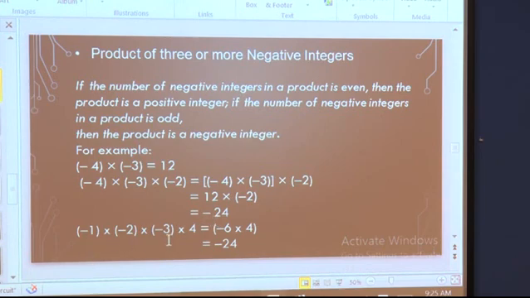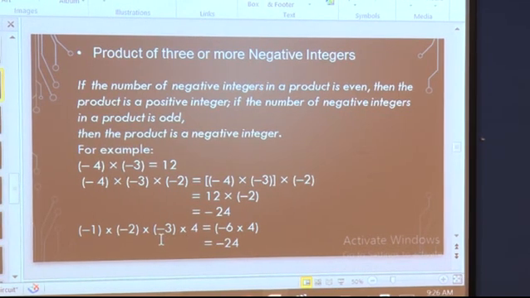Here we will have one more example. Here we have 1, 2 and 3 as negative integers, which are multiplied by a whole number. So I have taken -1 multiplied by -2 multiplied by -3 multiplied by the whole number 4. What do I have to do? Very easy. Yes, you are correct. Here we have to multiply. 2 1s are 2 and 2 multiplied by 3 is 6. Here it is odd times, 1, 2 and 3. So it is -6 into 4. So 6 4s are 24. Here it is -6, so it is -24.